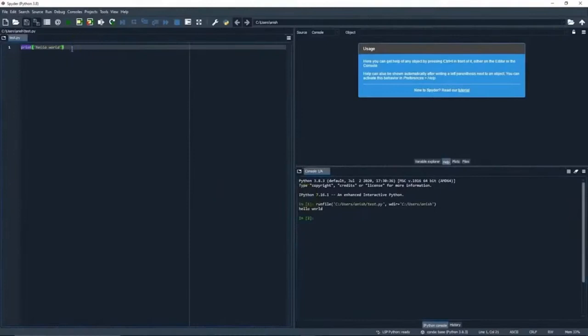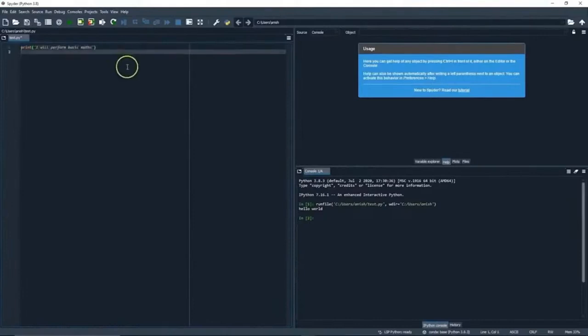So let's actually give the system new results. Now that I have printed something called hello world, let's change what's written over here. Let's say I will perform basic maths. Again, don't worry about the details, the syntax, what I'm exactly doing. These are things that we will actually cover in upcoming videos and modules.